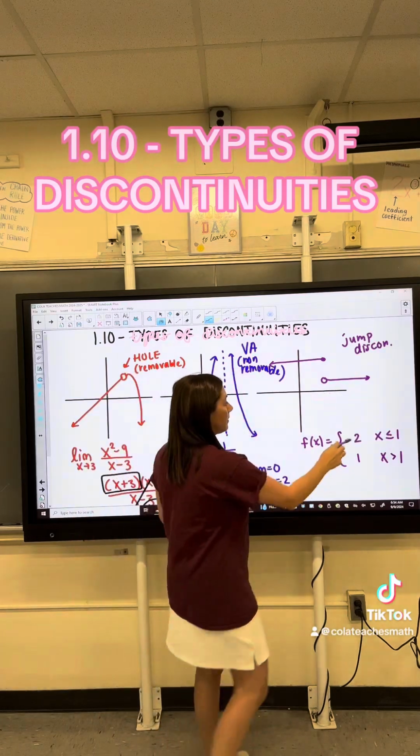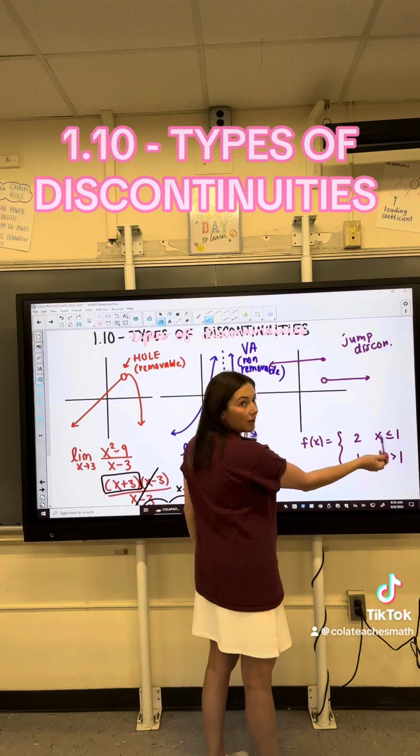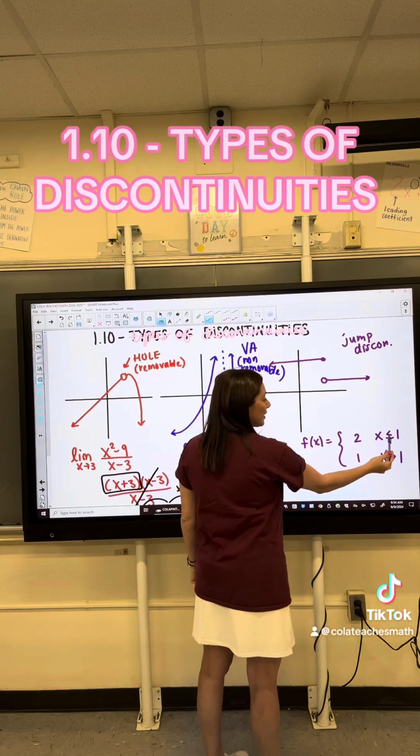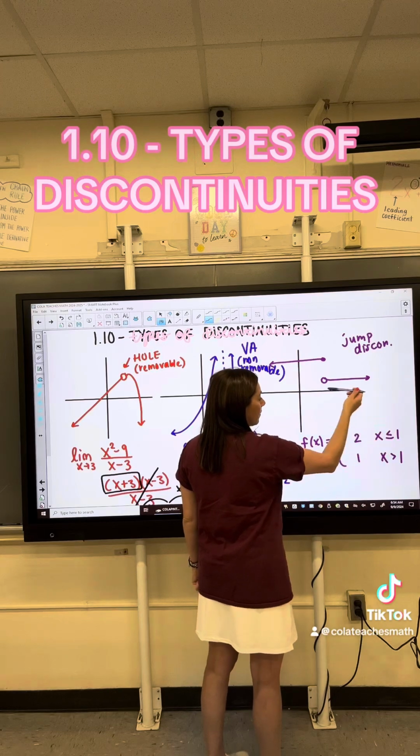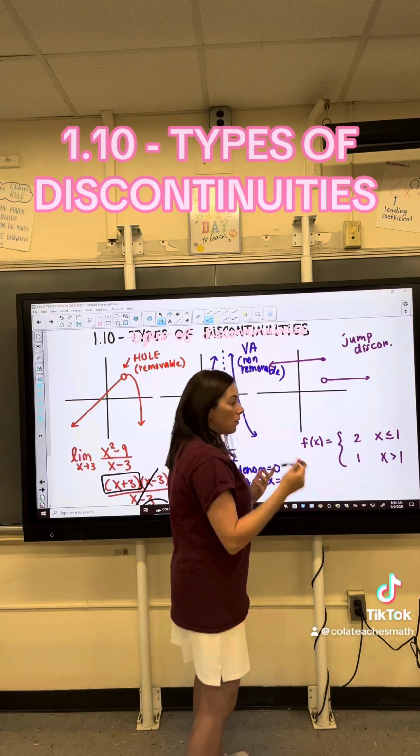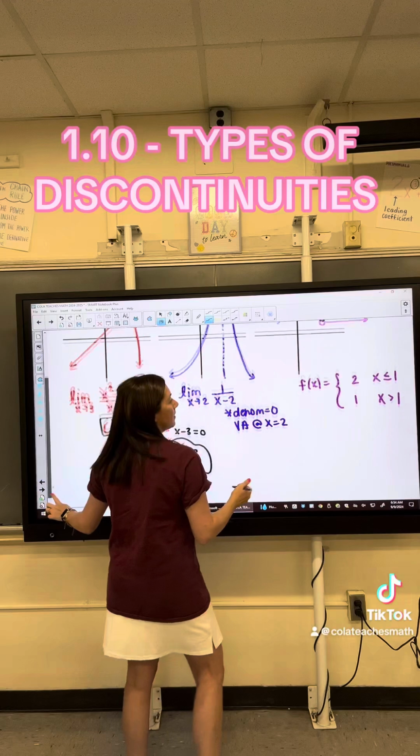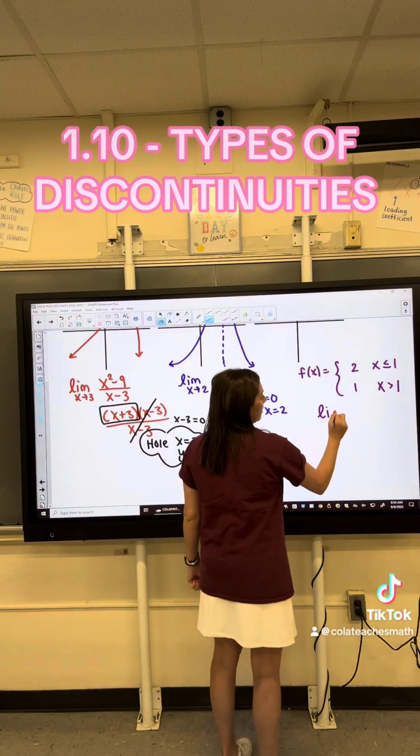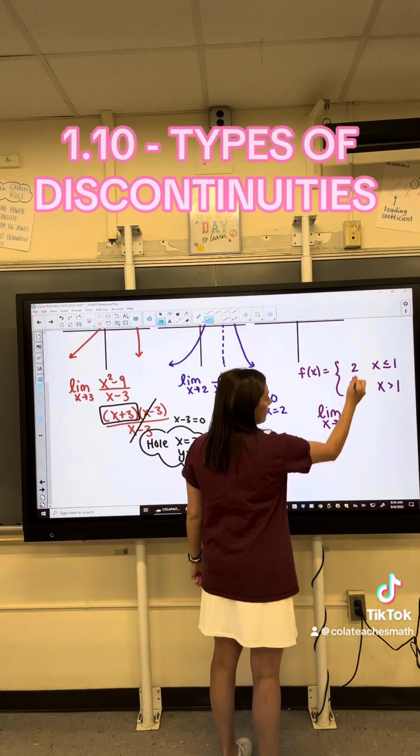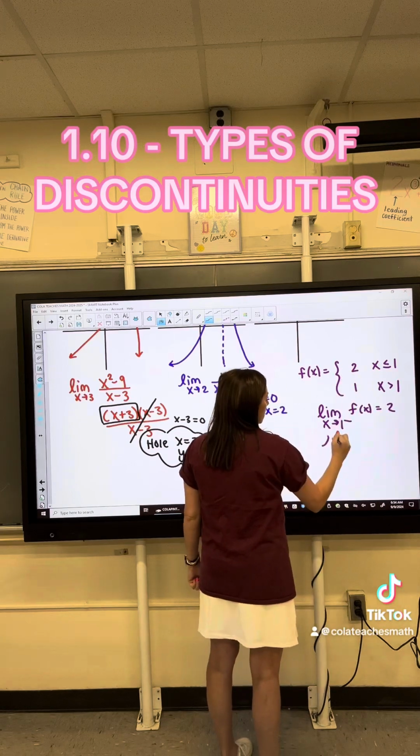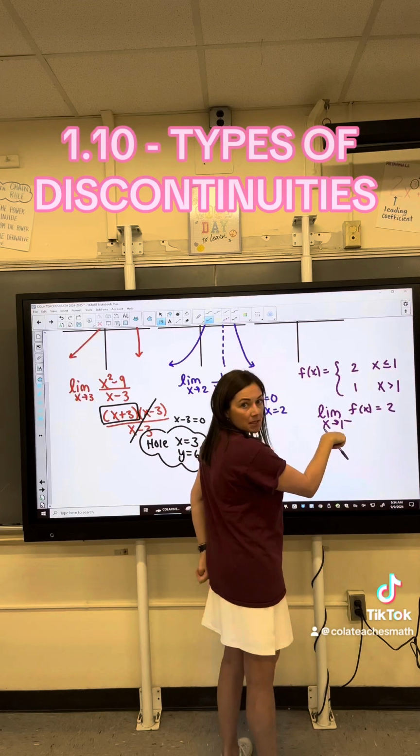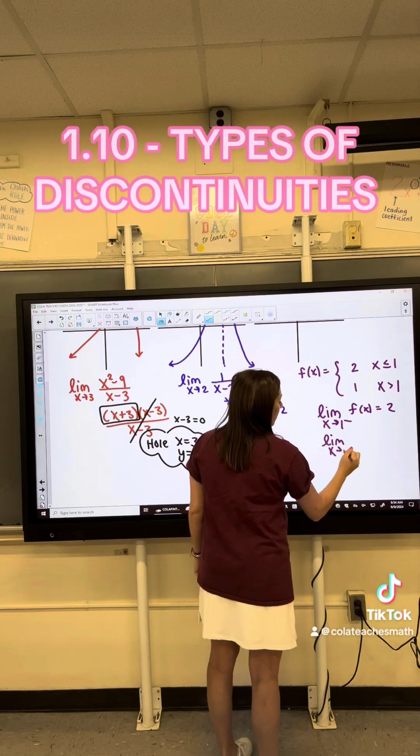So look, when x is less than or equal to 1, my limit's 2. And then as x is greater than 1, my limit is going to be 1. So what you can do is you can see the limit from the left, check this out, the limit as x approaches 1 from the left is 2, because 1 from the left means numbers smaller than 1. And 1 from the right